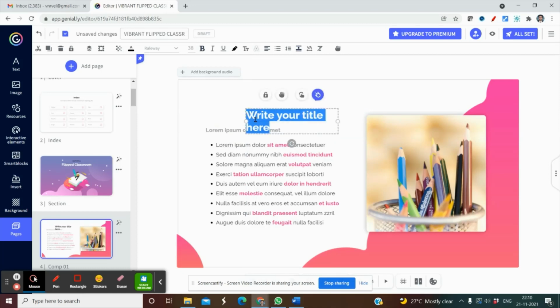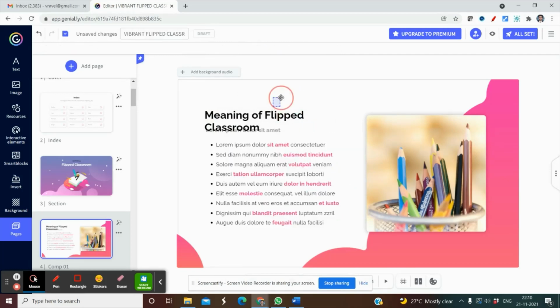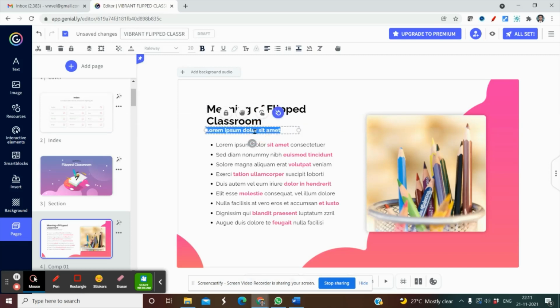For example, I click meaning of flipped classroom. I can just move the file like this. If we don't want any box, you can click and edit. Now I want to change this. This is a different language, and I want to edit it to my own need.